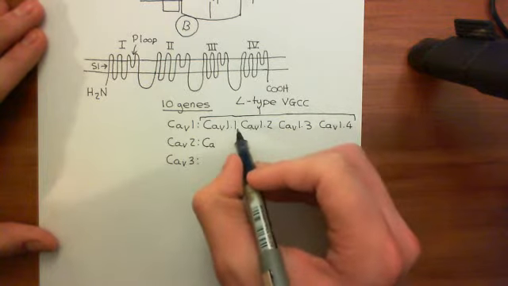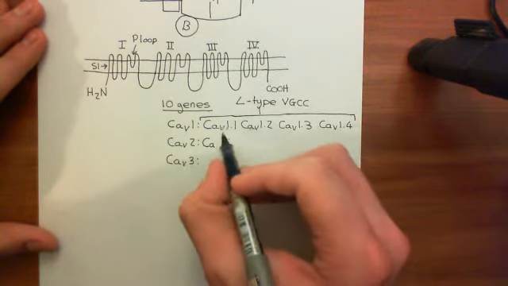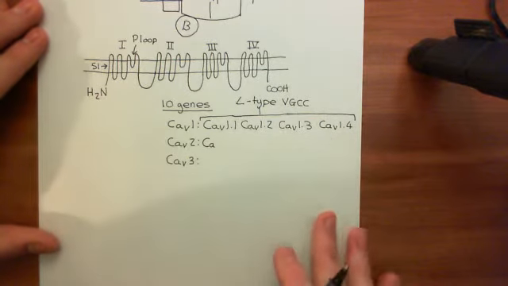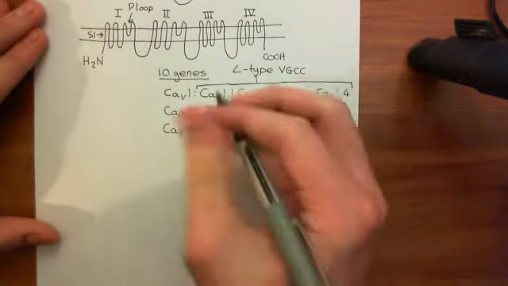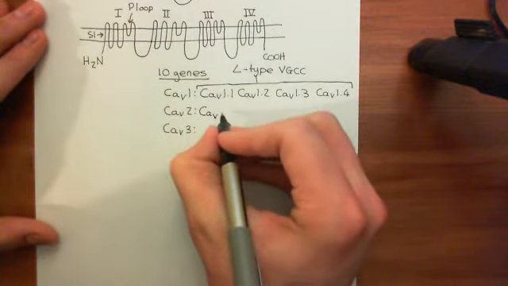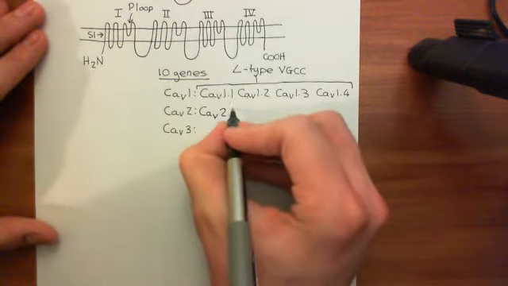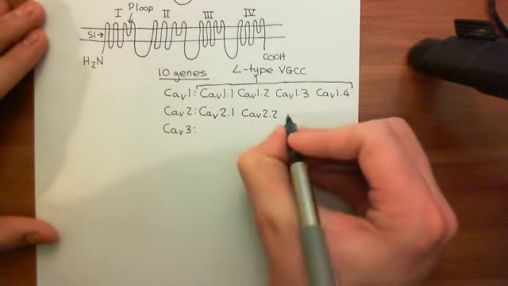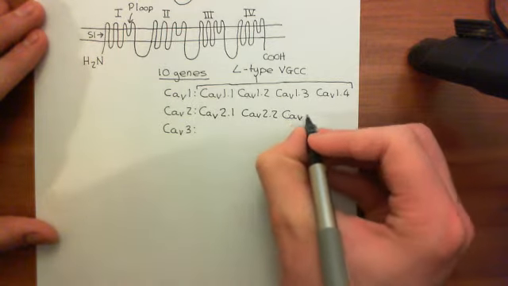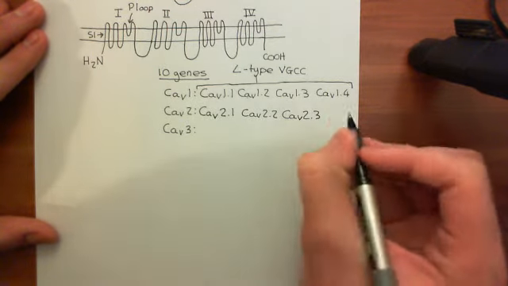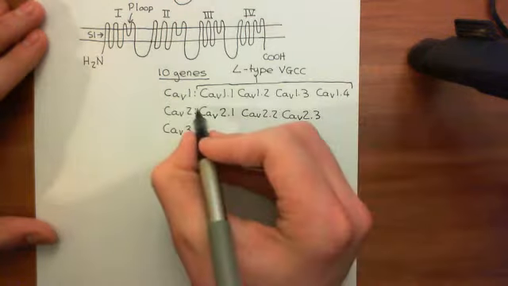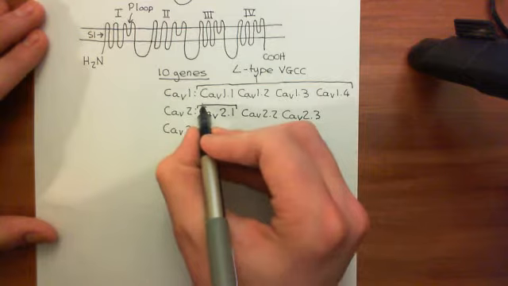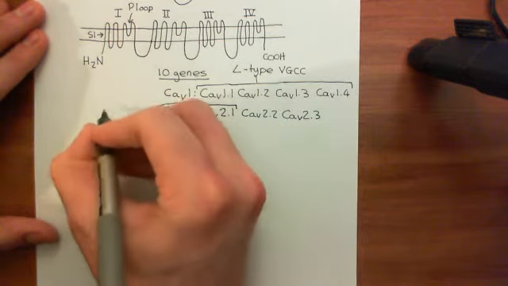They mean that the alpha-1 subunit of the voltage-gated calcium channel is one of these 4 genes, basically. Okay, let's now talk about the CAV2 family. The CAV2 family contains 3 members: CAV2.1, CAV2.2, and CAV2.3. Okay, so if you use the CAV2.1 gene to make your voltage-gated calcium channel, then your voltage-gated calcium channel